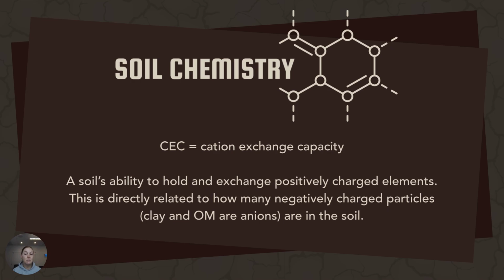CEC is measured in milliequivalents per 100 grams of soil, which is basically just a nothing value. If you understand it, that's great. You don't really have to understand it to know higher is better. These values typically range from 1 to 400. Pure beach sand has no clay in it, so there's no organic matter, no clay, no negative charge, so the CEC value is like 1 to 5. On the other hand, pure organic matter, which is basically 100% negative ions or anions, has a CEC value of 200 to 400. So that is a huge difference between those two different types of